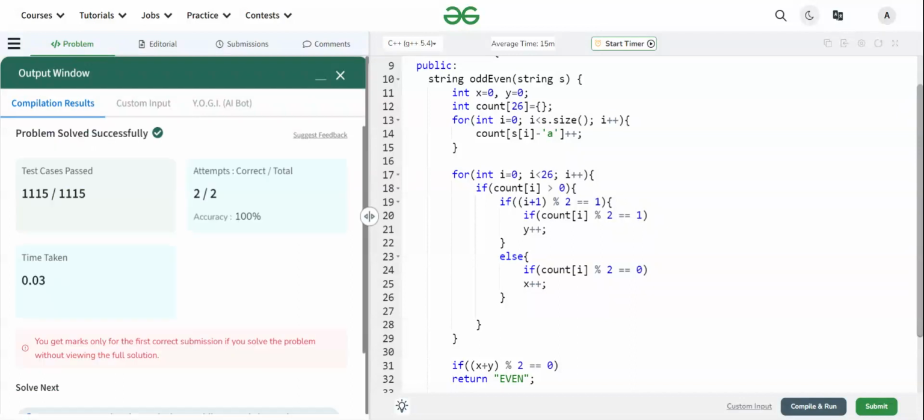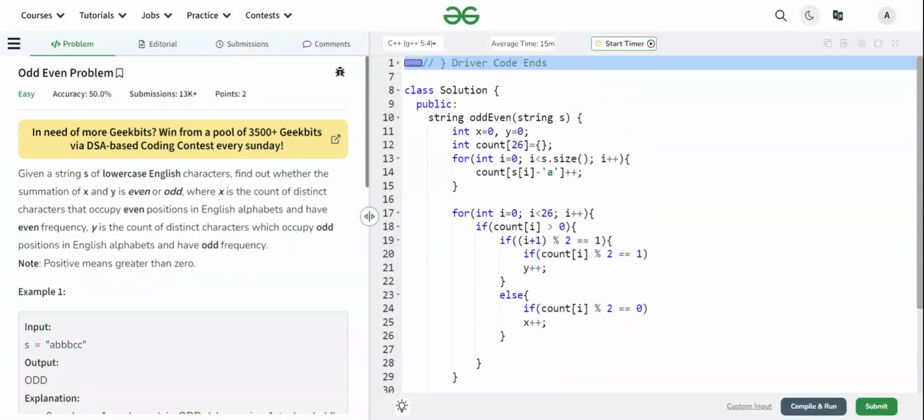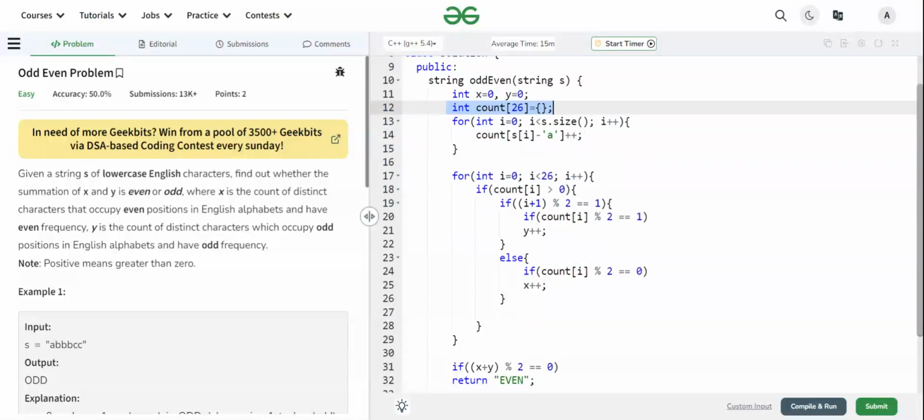So all test cases have passed, and let's analyze the time complexity and space complexity. We have taken this array and these two variables, and because we have taken the array only till 26, it's constant space only.